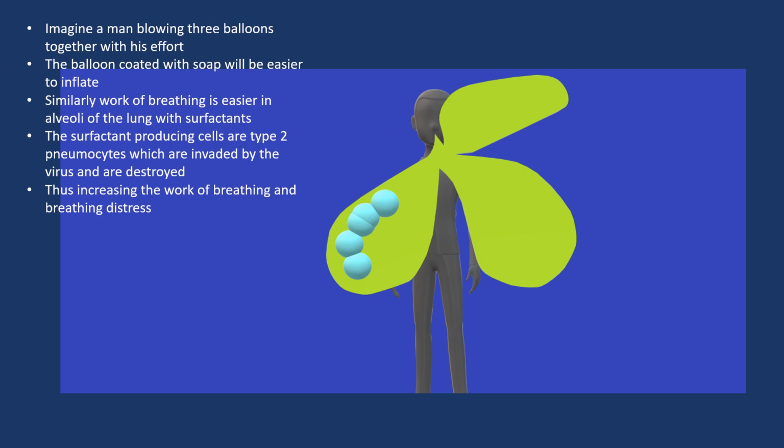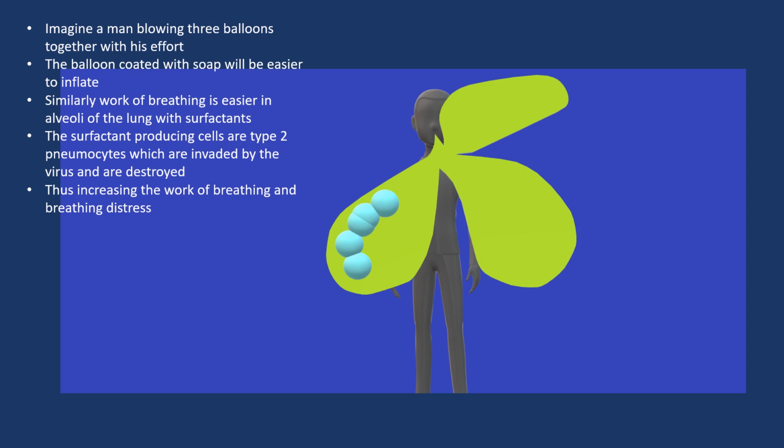Okay, imagine a man blowing three balloons together with this effort. The balloon coated with soap water is easier to inflate. Similarly, work of breathing is easier in alveoli of the lung that has surfactants like soapy material. The surfactant producing cells are type 2 pneumocytes, which contain the angiotensin converting enzyme 2, which are invaded by the virus by angiotensin converting enzyme 2 and are destroyed, thus increasing the work of breathing by decreasing the surfactant,